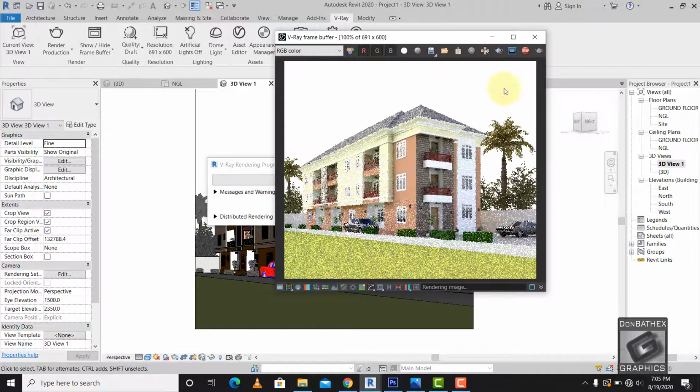Okay, all the trees are out. So I'll stop the rendering here. So the next thing we do now is I'll show you how to get your grasses done. So to do that,